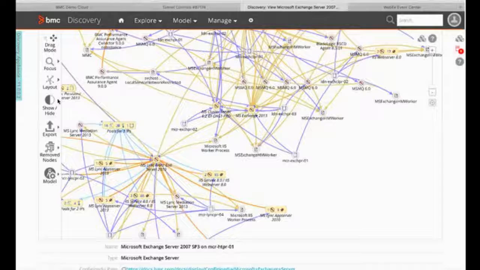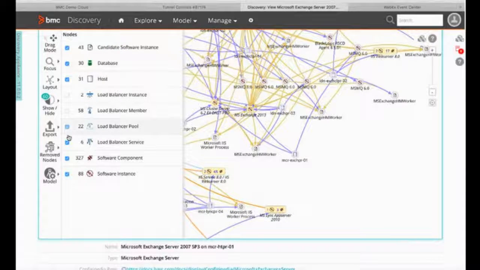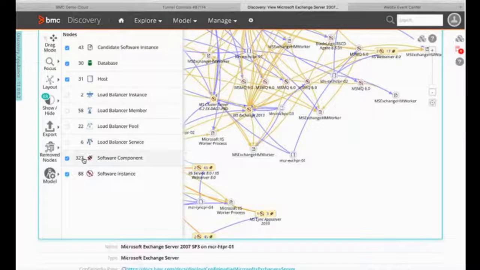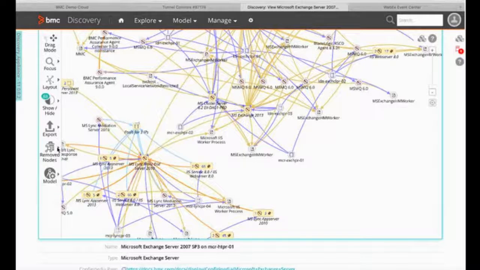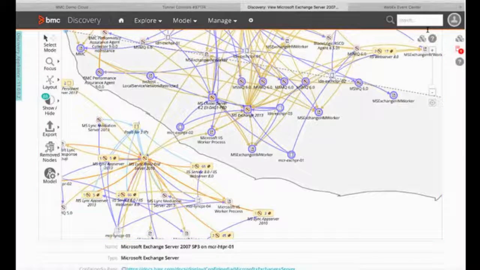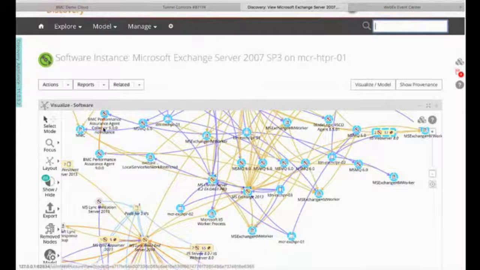So again, the first thing I want to do is I can take out a little bit of the noise here from a load balancer perspective. I can come through and edit some of the software component stuff if I need to. I can also remove nodes if I go through and actually remove any particular nodes that I need to. But before I do that, I can put, again, myself in select mode, and then I'm going to come through. I don't want any of the link stuff. And then I'm just going to come all back around. And again, I just say model,